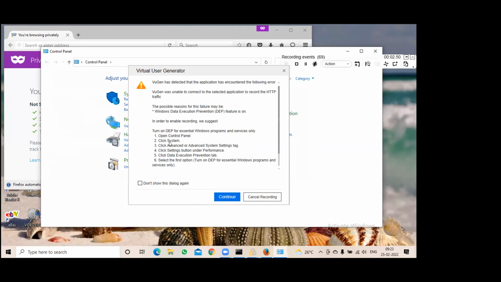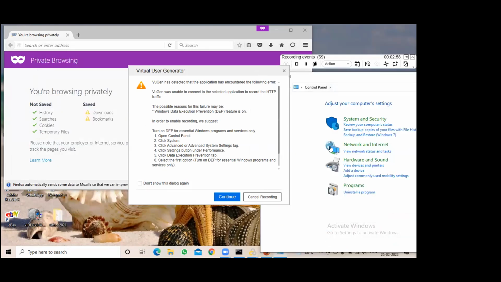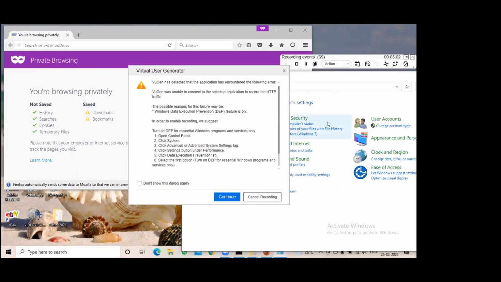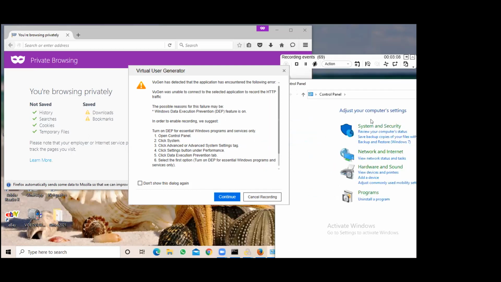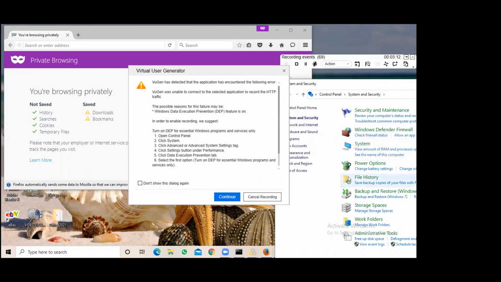What is the next step? System, advanced, performance. So go to control panel, go to system. System and security, or yeah, go to system.